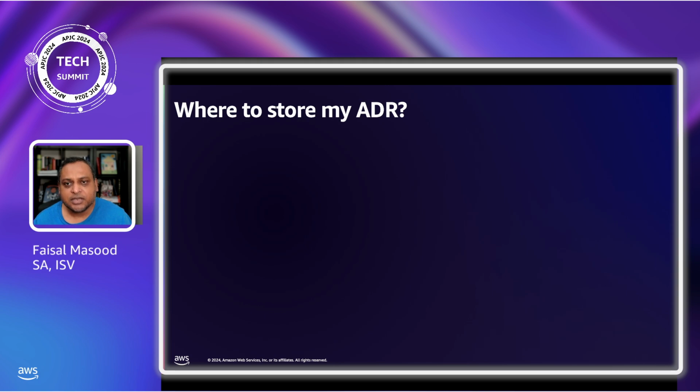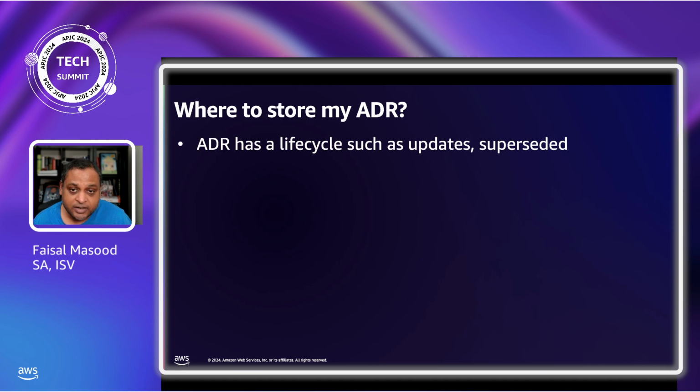So now you can see ADR can cover some decision at the enterprise level, or at a cluster level in case of Kubernetes, but it can also cover application level or a part of an application. So it can be possible that you may have dozens or even hundreds of ADRs in the enterprise organization. An ADR has a life cycle: you can update them, and they can be rejected or superseded.